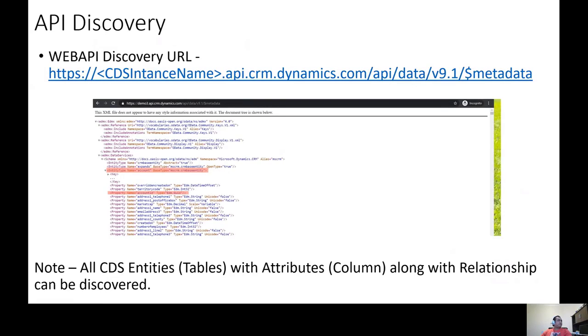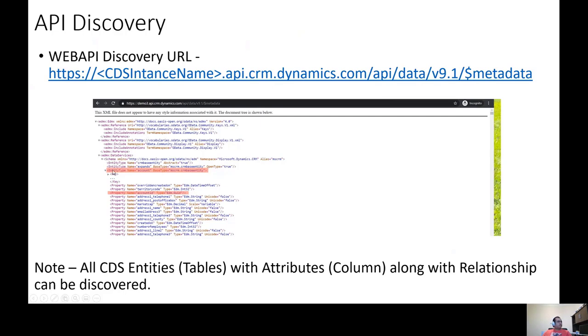So with this, we'll move on to the next section around the request, the API discovery. So you would specify your API service. You would get this URL from the UI, and once you have the URL, you would enter hash metadata, and once you do that, it would render the whole payload.